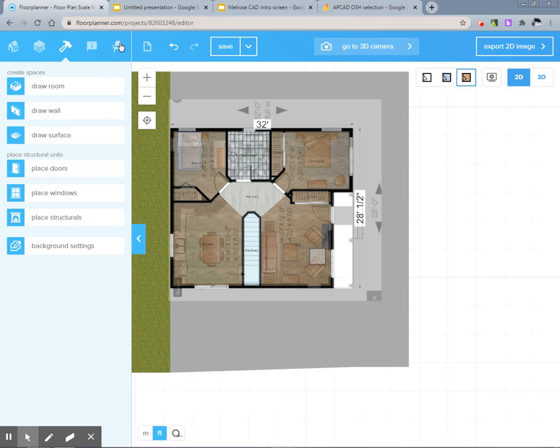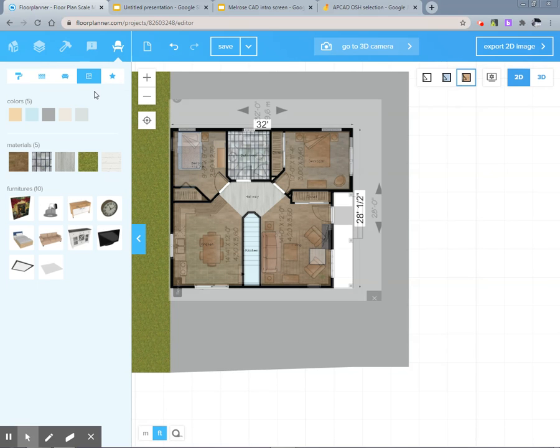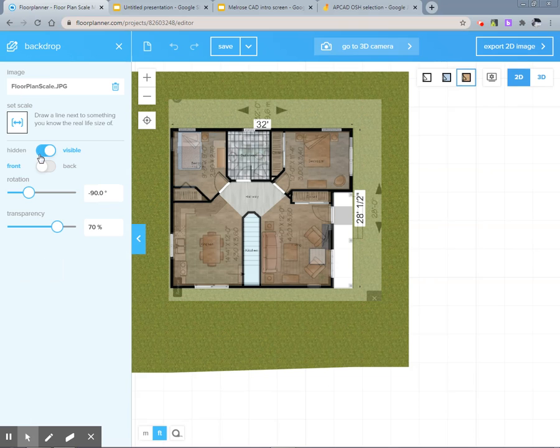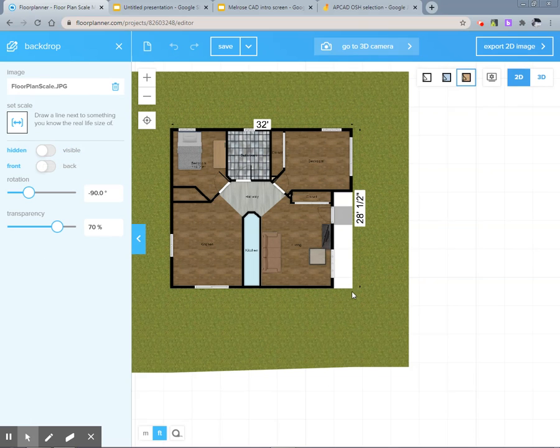If you like that grass that you picked, you can go to the materials currently in use, and now just drag and drop these onto the different surfaces. And there you have it. This white part that you're seeing here is my background image. So you can always go and turn that off. In fact, I'm glad I did that because now you can see I forgot to add a little grass strip here. So that would just be one more